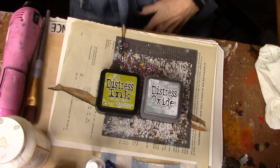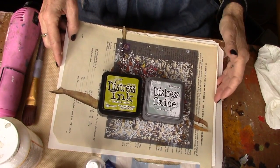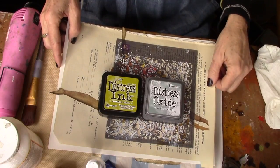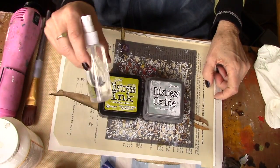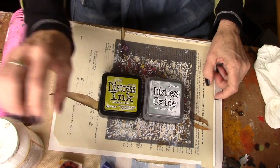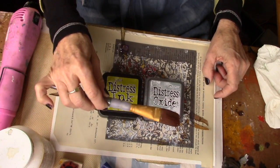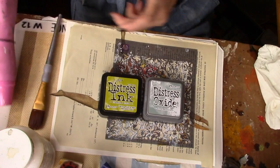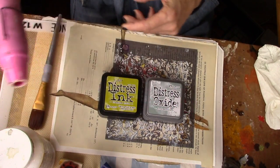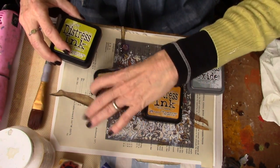Let's go through the supply list and see on the table. Okay, let's go through the supplies you're going to need for today's project, and it's going to be in 2 parts, remember that. So we'll do the background first, and then we'll do the collage after. So what you're going to need is a spray bottle with some water in it, a rubber stamp of your choice, your Mighty Mod Podge, a brush, not my favorite brush, that is still MIA, a heat stick. I'm going to use 4 colors of Distress Ink by Tim Holtz,